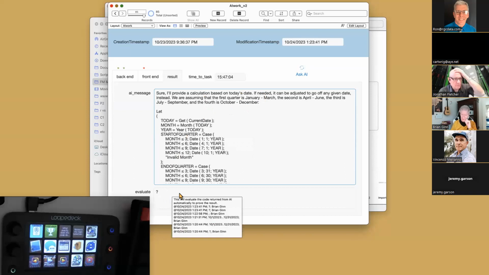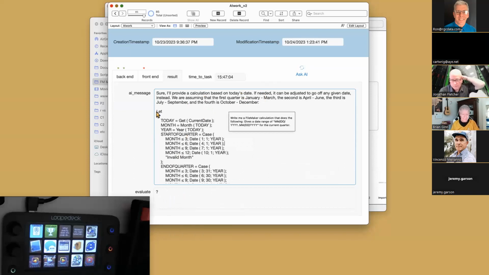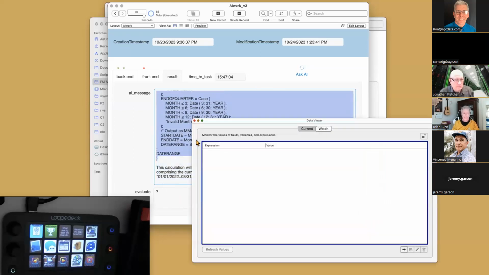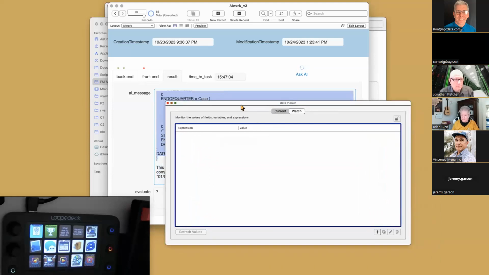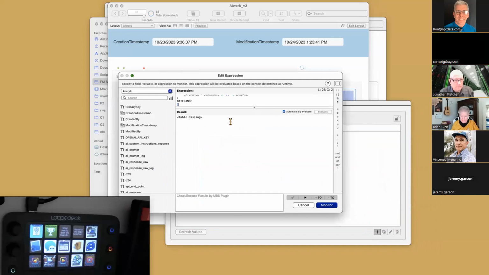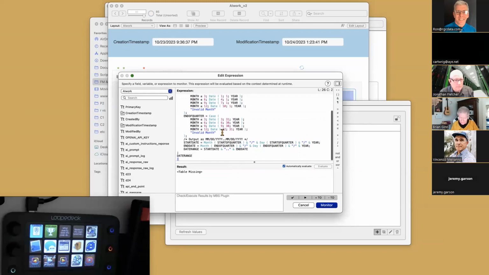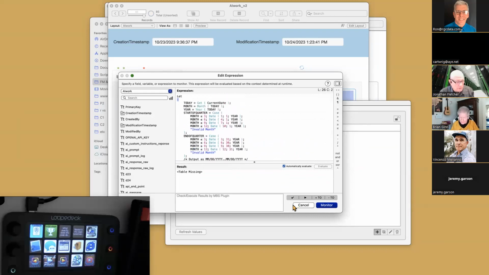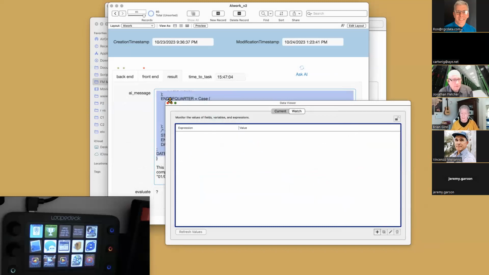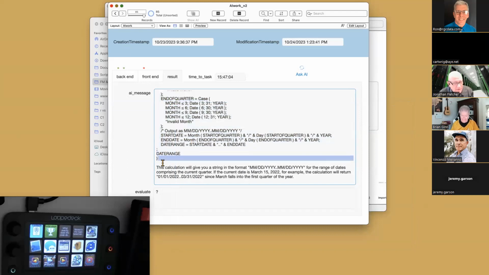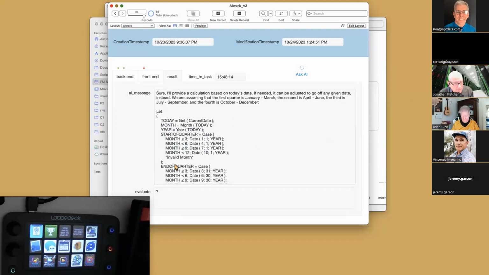And number two, it doesn't evaluate. So I have to do one of two things. I have to either copy this, put it in my data viewer and see if it works. Oh no, why not? Seeing it, I don't even know what's wrong with this. Doesn't matter. This one doesn't work. And you notice they gave me a completely different answer. FileMaker is not going to work with it because it only has 2 periods between the dates. So FileMaker is going to give you an error.